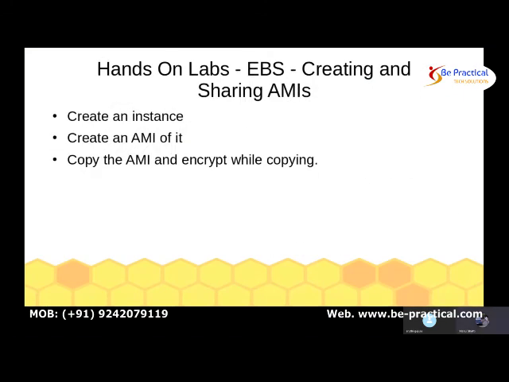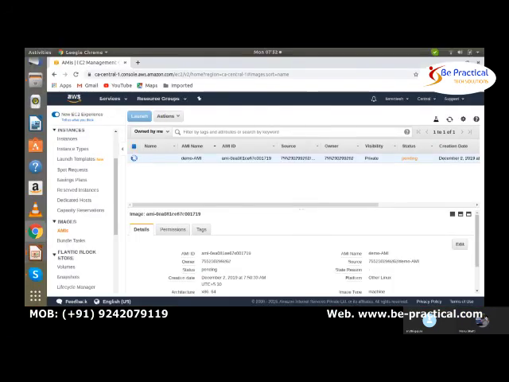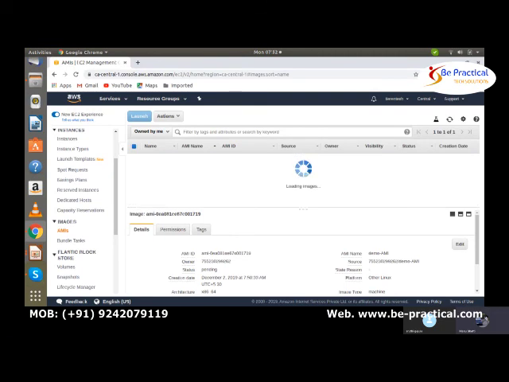So this is what we have done now: create an instance, create an AMI of it, and copy the AMI. In our previous session, we saw how to share our snapshots. The AMIs also we can share.